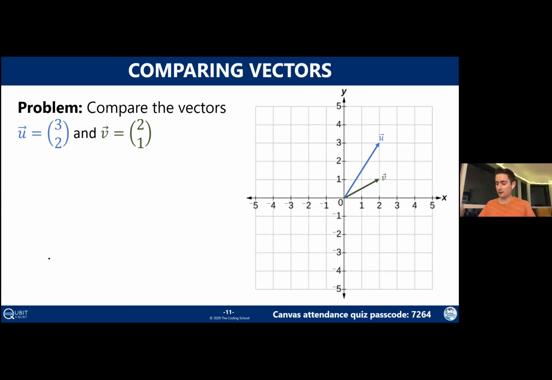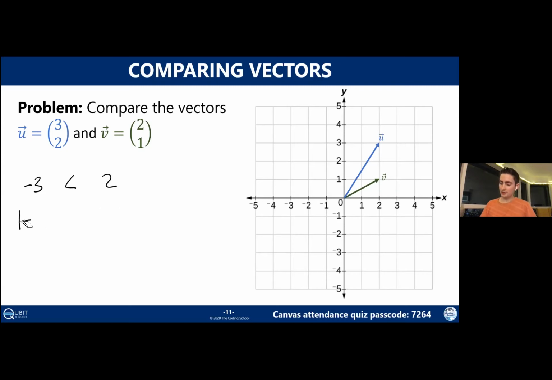So if I asked you to compare the numbers -3 and 2, for example, there's a couple of ways you could do this. You could say that -3 is less than 2. If you wanted to compare their absolute values, you could. The absolute value of -3 is in fact greater than the absolute value of 2. I mean, you could do a whole bunch of stuff, right? You can imagine that there's pretty much infinitely many ways to compare two different numbers.